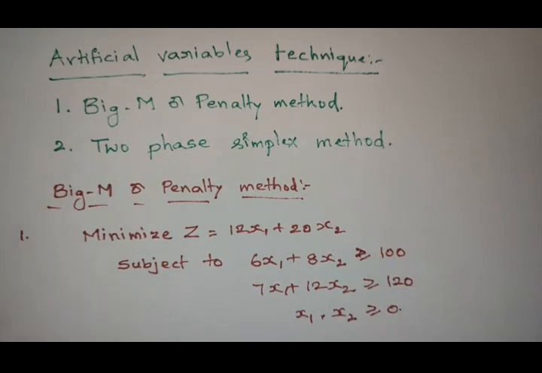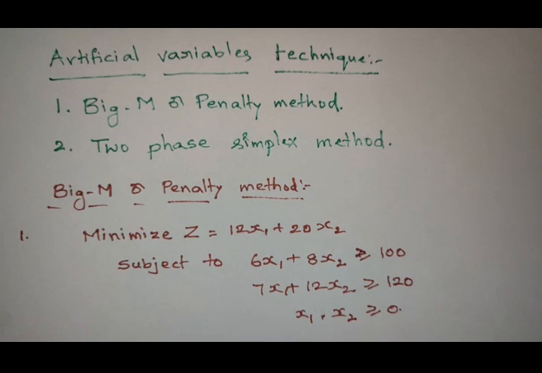Hi everyone. With the previous sessions, we have completed the solving of linear programming model by simplex method. But if you observe the problems we solved by general simplex method, all are of maximization type. Minimization also we can solve, we just make a small change, and all constraints are of less than or equals to type. So the general simplex method is applicable. It will give exact results only when the constraints are of less than or equals to type only.